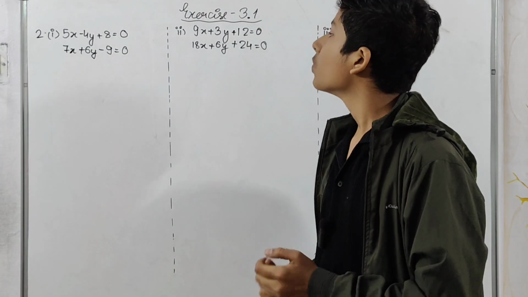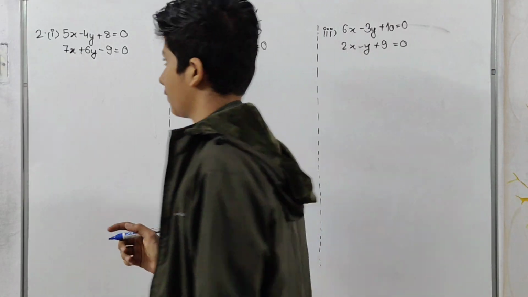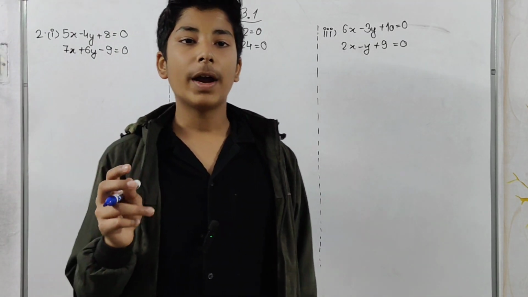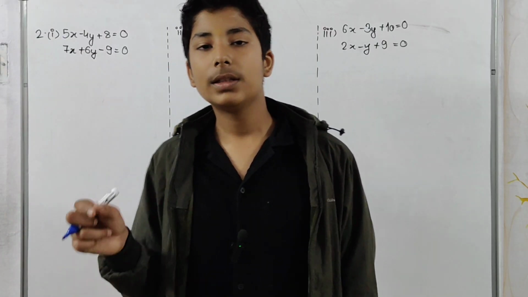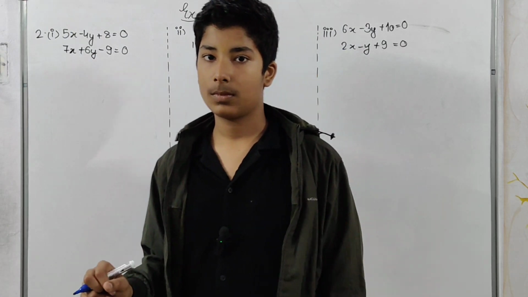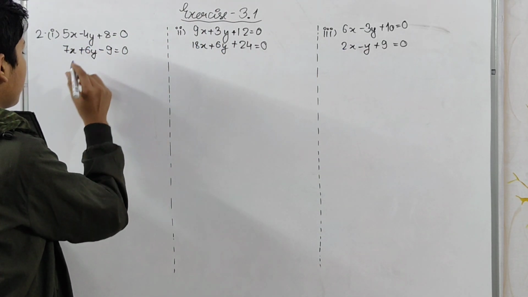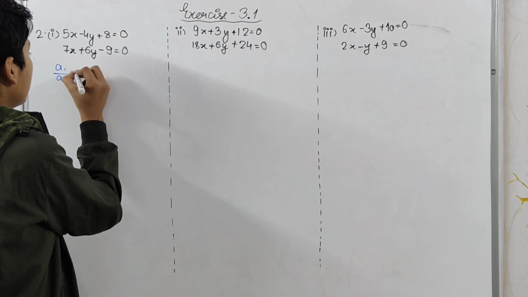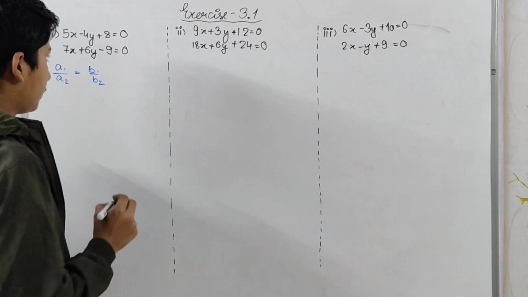Now we will continue with our second question, and all the three parts we'll do together. So in the first part, second part and third part, we have to find out what type of solution it is, and then we have to tell whether the lines are intersecting, coincident or parallel on the graph. Okay, so let's solve it. First of all is this equation. So a1 by a2 equals b1 by b2. We'll solve this first of all.